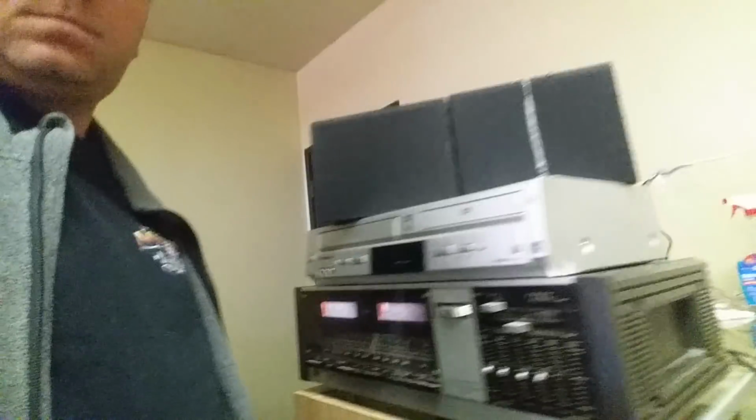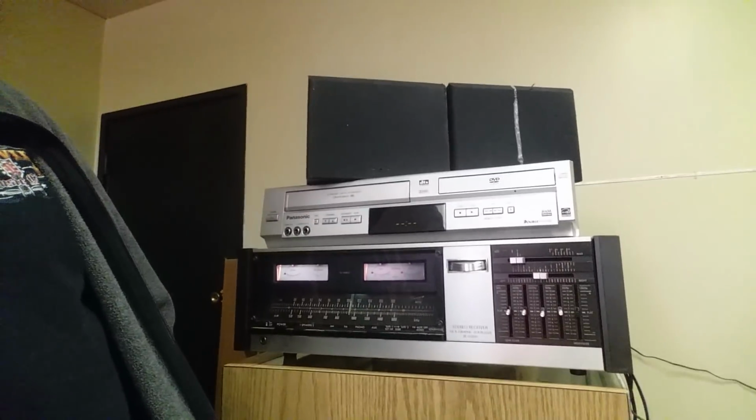I'm not going to play on them because of copyright things, but this morning I've been testing a receiver that I have had for quite a while, but it's been in my storage unit for a long time and never really tested it. I got it in a storage auction a year and a half ago maybe, and it was just put away. And now that I'm opening up a store, I was thinking, hey, why not hook it up and see if it works? And here it is. It's a JVC